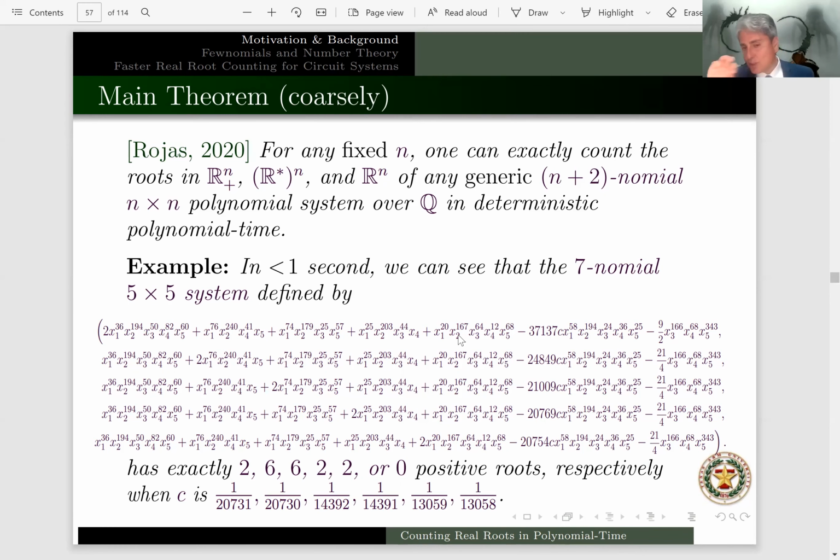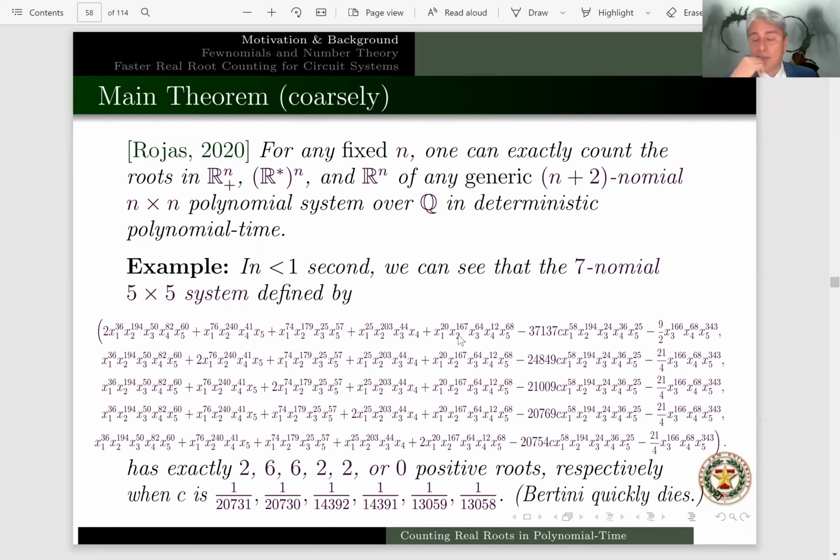Okay, so I picked these values of c because they basically cover all the possibilities for the number of positive roots for this family of systems. You can do that all in less than 1 second by the techniques that I'm going to be mentioning today. And the interesting thing to observe is that if you try to put the system into Bertini, Bertini